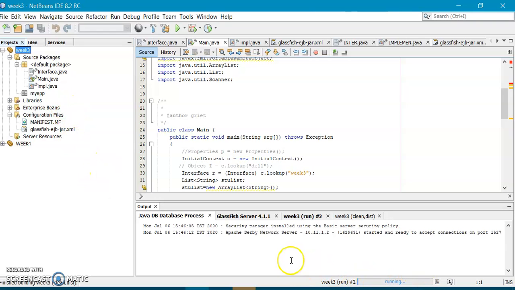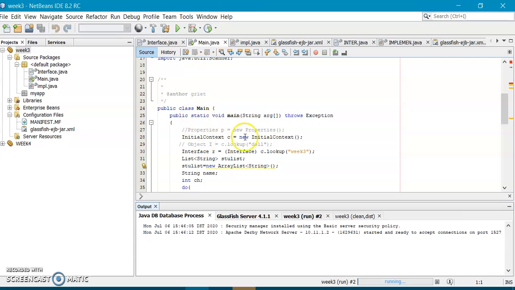It is still running. Okay, so here it has to compile the interface.java, main.java and then impl.java, isn't it? All these 3 should be run, so it will take a bit of time. So this is the main file.